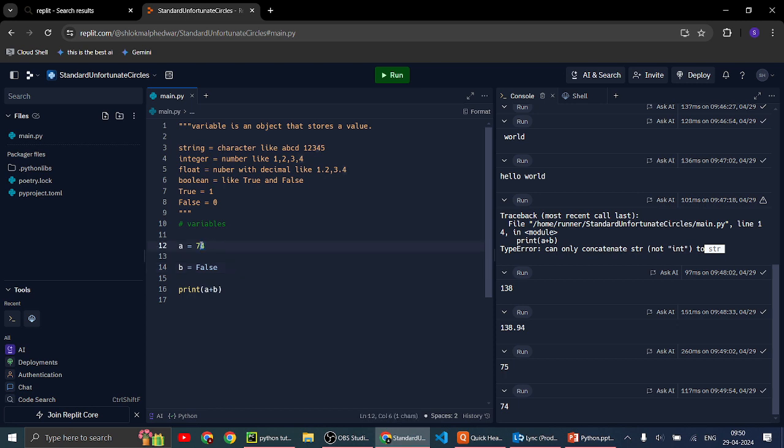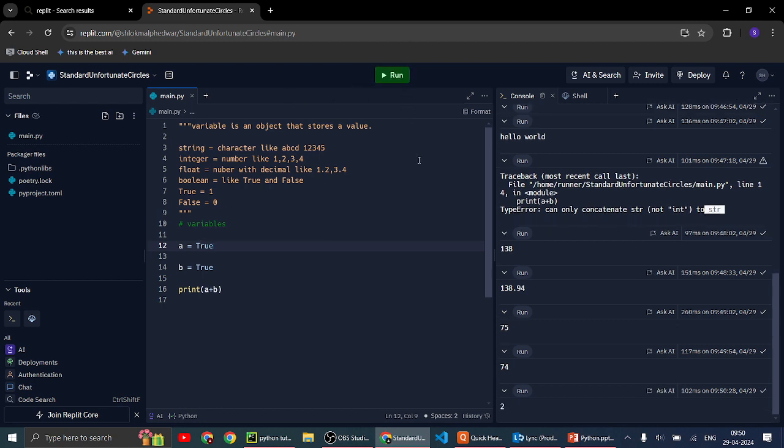Now what if we add true to true, meaning boolean to boolean? Let's see. Obviously, the answer would be 2 because true means 1, and A plus B means true plus true, or 1 plus 1 equals 2.